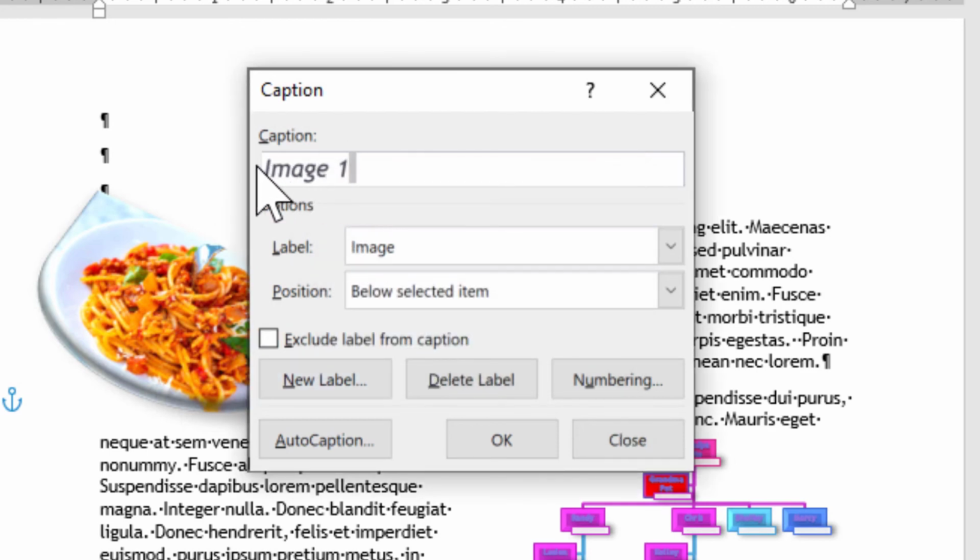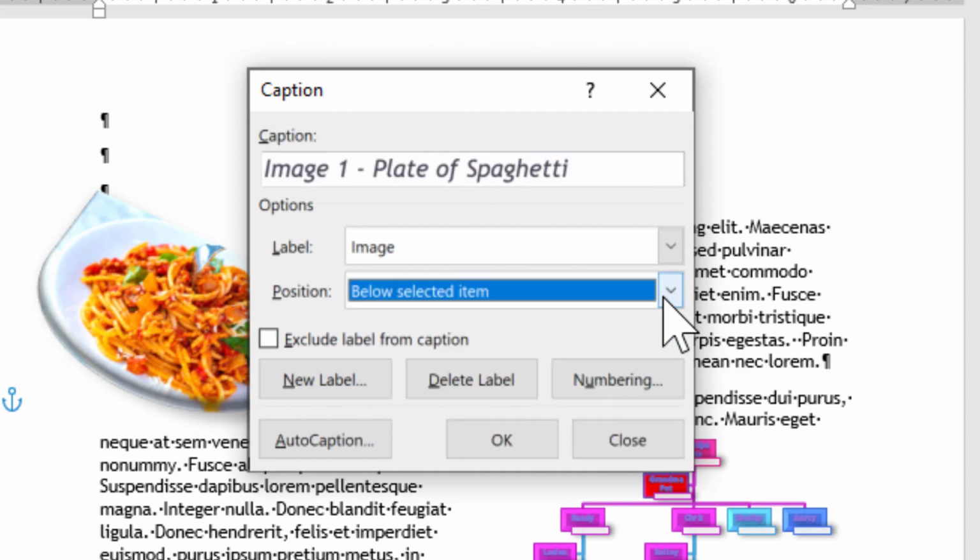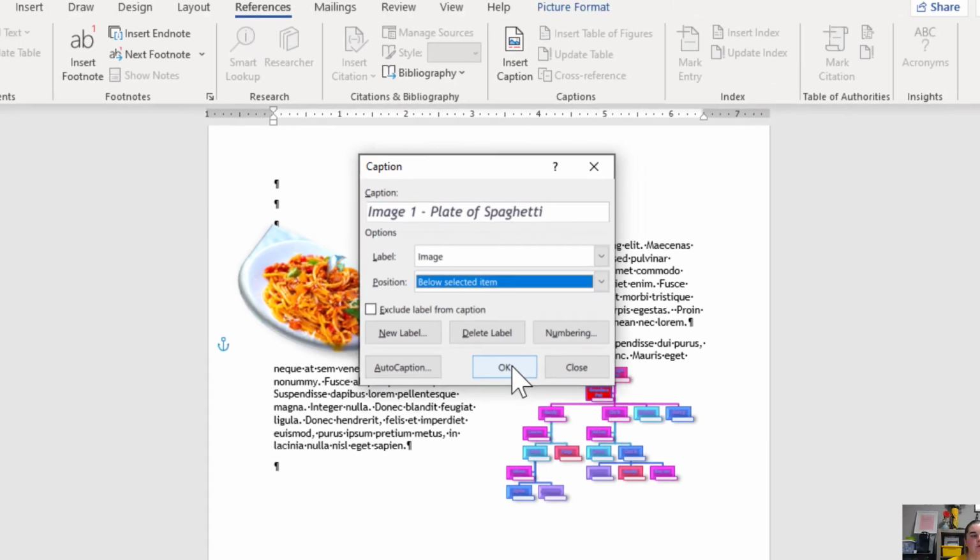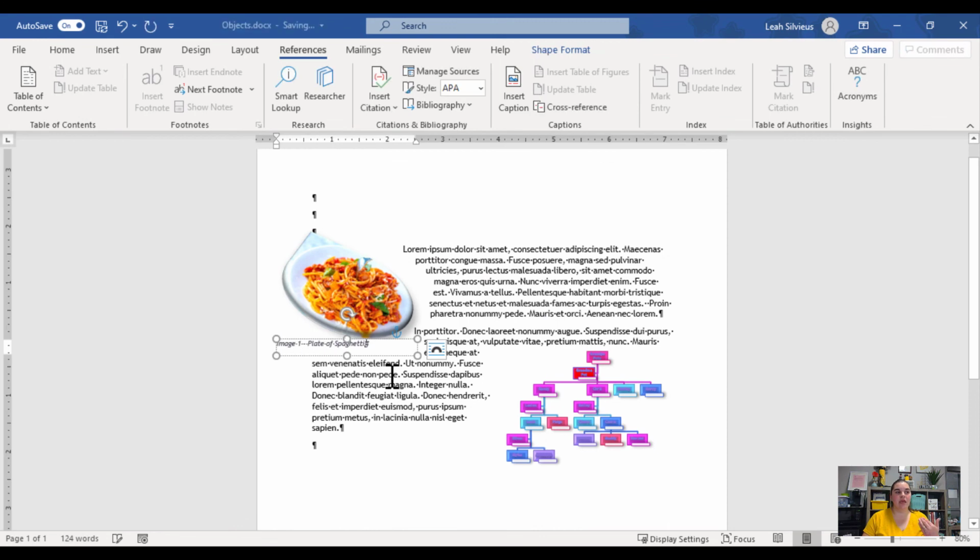You don't want to touch this piece right here, the image 1 part. You don't want to delete it, because that's actually where Word is tagging it, just like we are with styles. And then that makes it so it can reference it later. So we can just type a dash and then type plate of spaghetti or whatever your favorite food is, right? Then you can choose where it's selected. So does it go below the image or above the image? I'm going to keep it below, and I'm going to go ahead and hit OK,